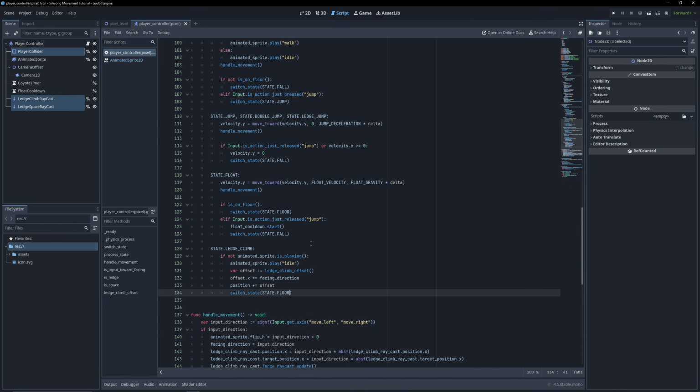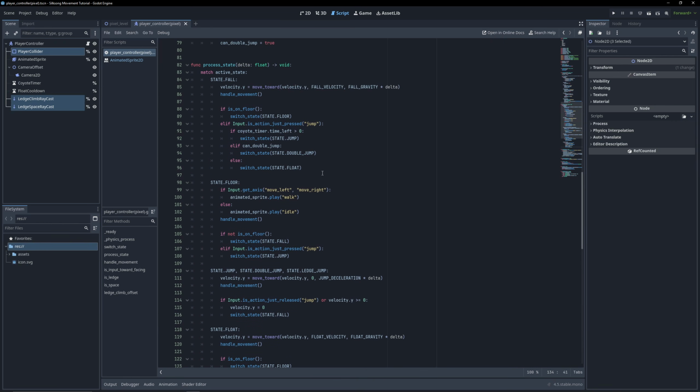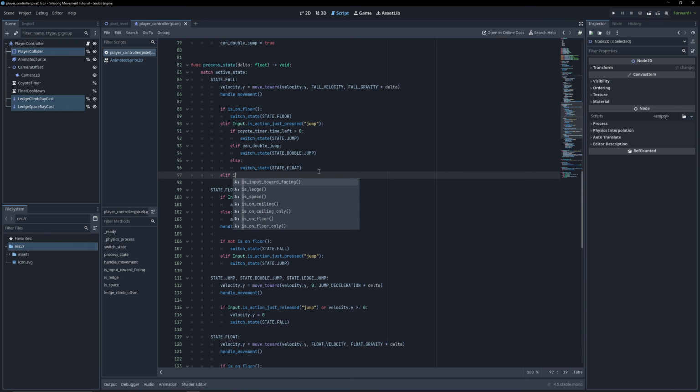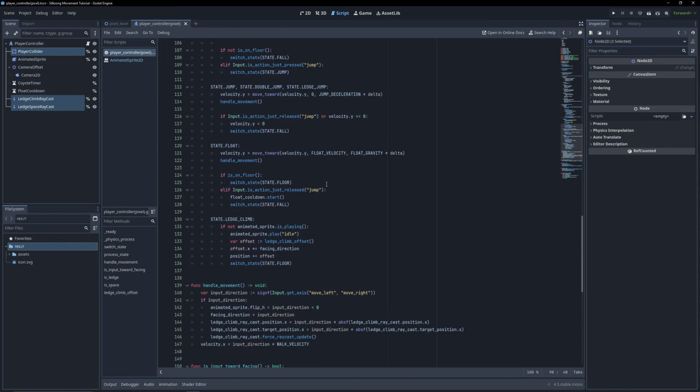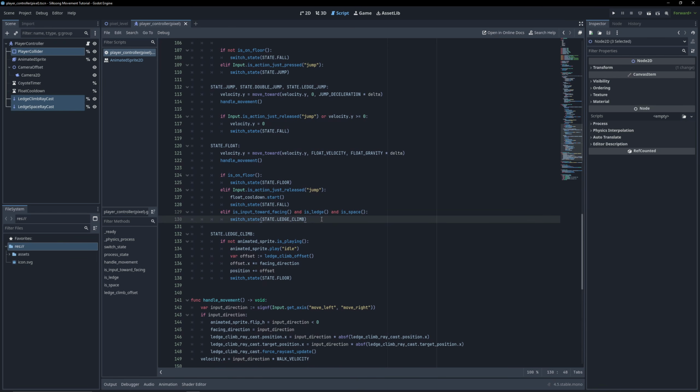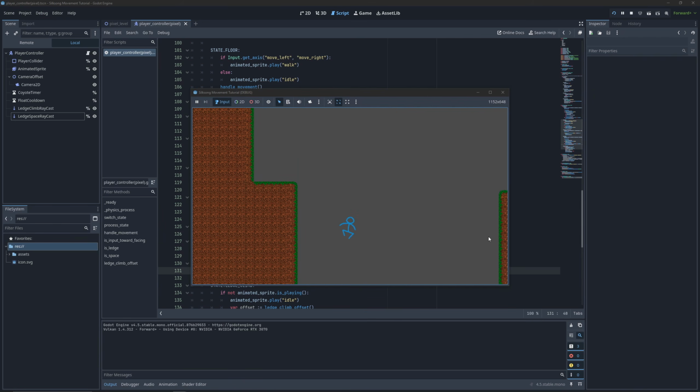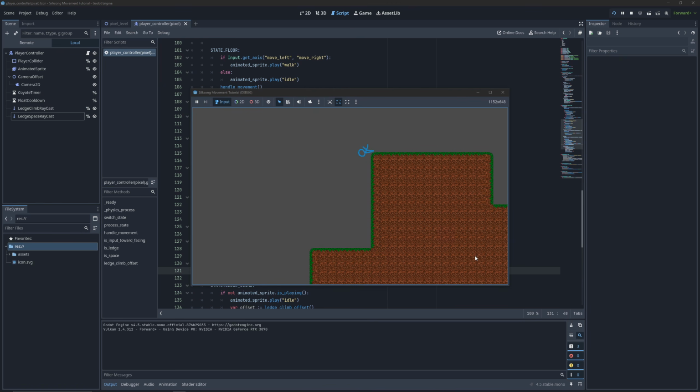All that's left to do is add 2 transitions to our ledge climb state. The first one in our fall state. In the new elif statement, check if the input is towards the facing direction, if we detect a valid ledge, and if there is enough space for the player to fit. And if all conditions are true, transition to the ledge climb state. We can just go ahead and copy the whole elif statement plus transition and paste it at the bottom of our float statement. And with all the effort we went through, our player should now be able to grab and